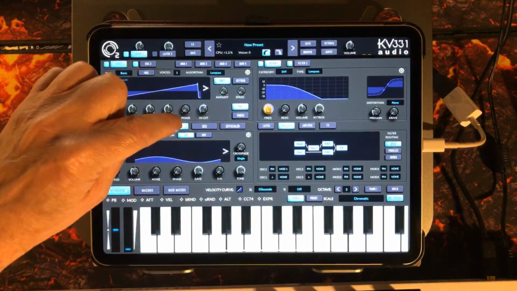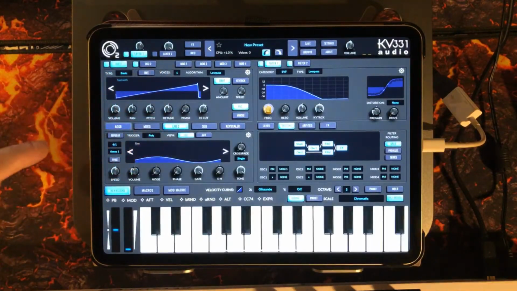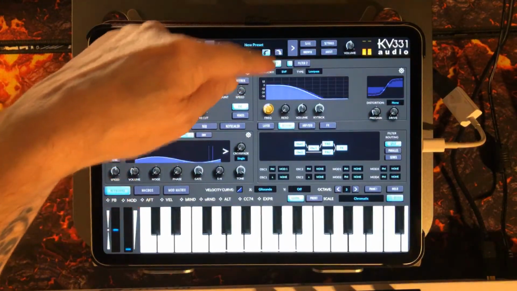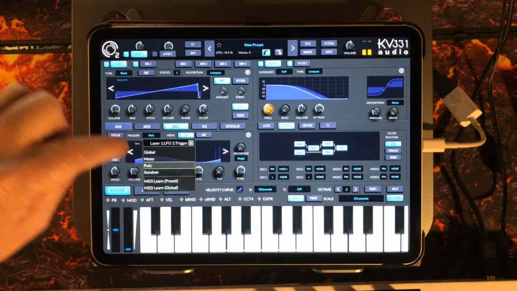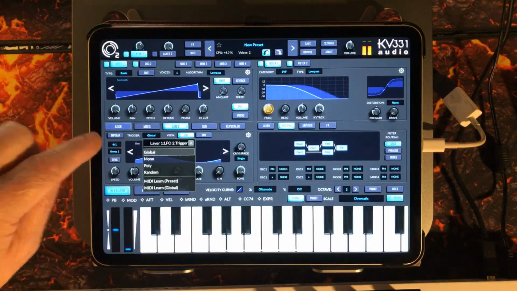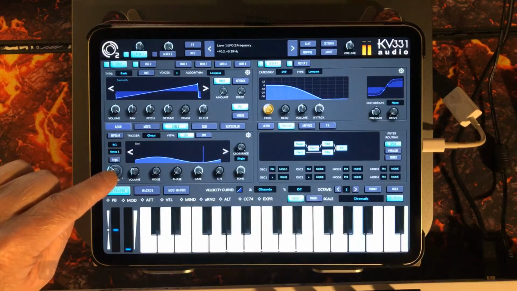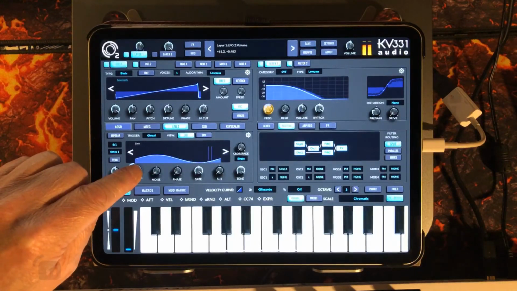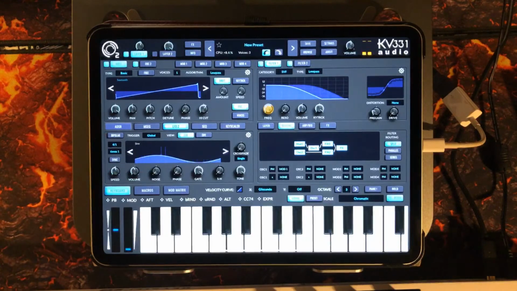But we're going to do the same for LFO2. So we go to LFO2 here, and you'll see that is on poly trigger mode for filter 1. So we're going to go to global, and now set it slightly quicker. Now as I play,